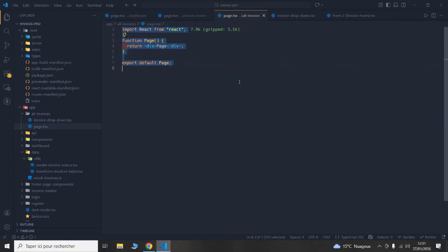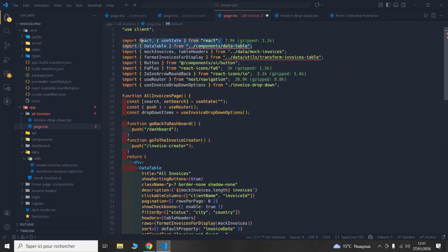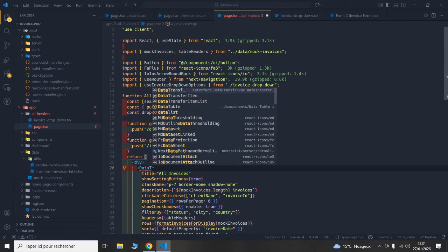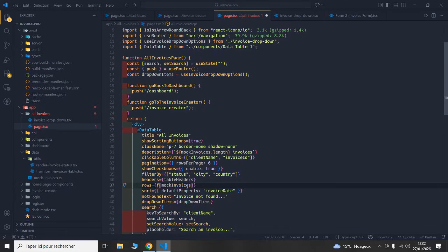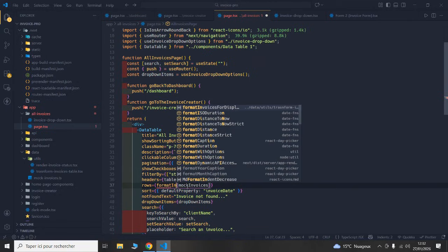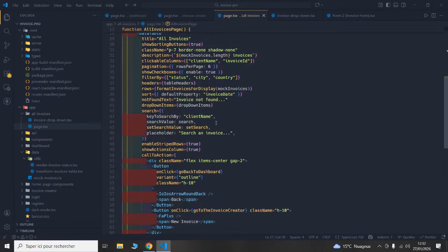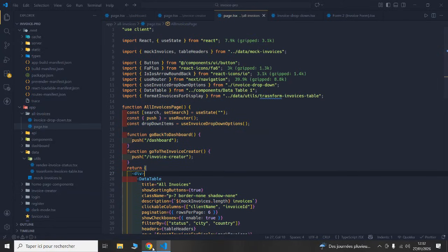So after I did this, then I'm going to paste the code to be able to render the full table. So I'm going to get rid of this code. Let's paste this one. And I'm going to do the same thing here. So I'm going to re-import all of these elements. So the data table component. And also we're going to re-import the format invoices for display. So as you can see, this is the whole code, and we should see our table in the new route